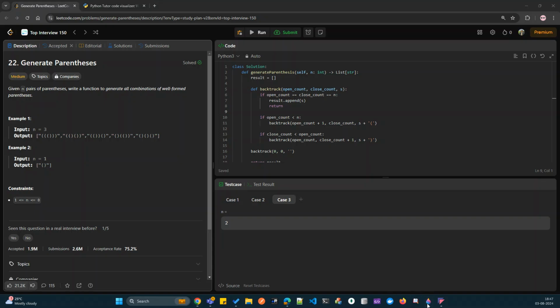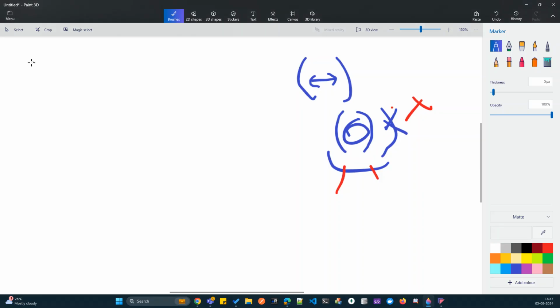Basically what they're asking is, for different values of n, where n represents the number of open parentheses or the number of closed parentheses, we'll have to try out the different combinations. So let's say n is equal to 1. Then open parenthesis is 1 and close parenthesis is 1, and we are done. We cannot write more than one combination for it. Now let's say that n is equal to 2, what we can do is